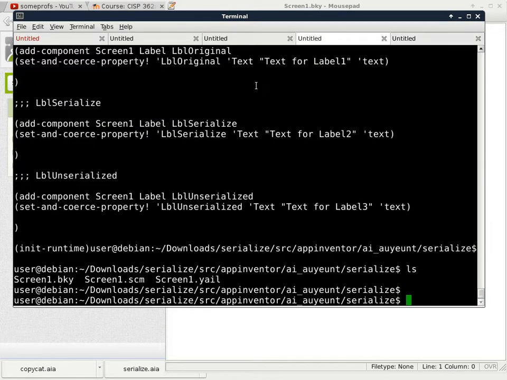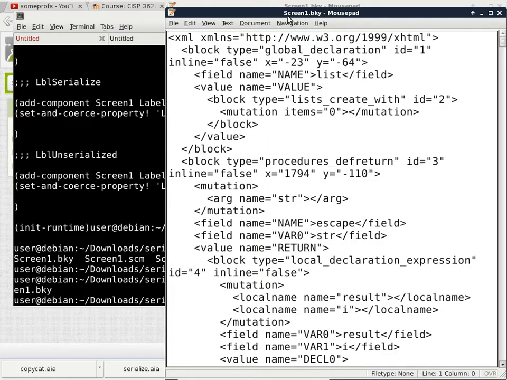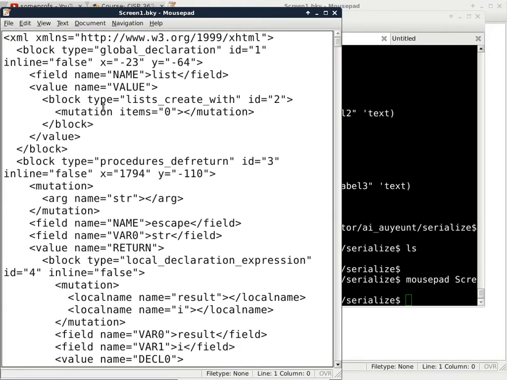So we'll use a simple editor. You can use Notepad in Windows for this purpose. It's just a text file. So we'll use mousepad and then screen1.bky. And this one is not so simple because it has all the code. So inside here, we want to find the procedure, which is,